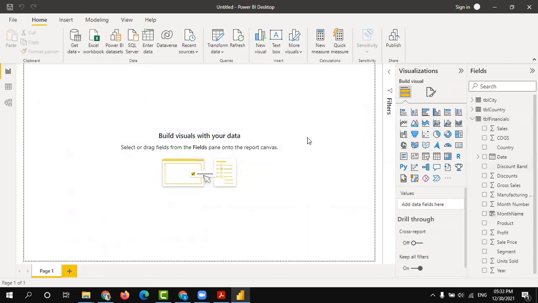So let's build a basic dashboard using this data. First of all, you need to understand what the categorical fields are, what dimensions we have. Dimension is nothing but the categorical fields. So what are the value fields we have? You can see this sigma mark before the field name. All these sigma marks are the numerical values.